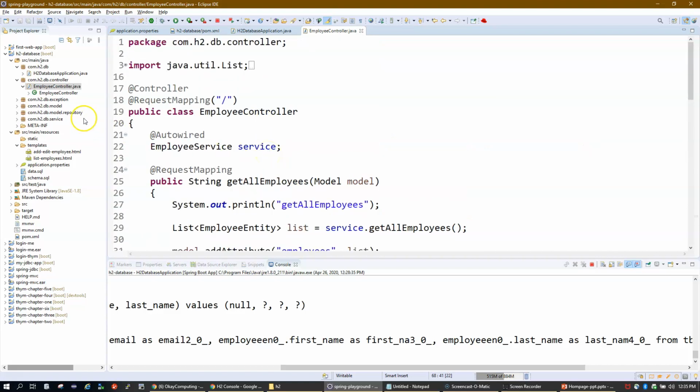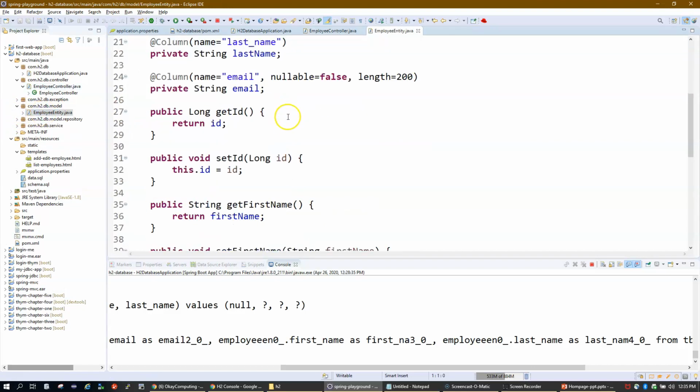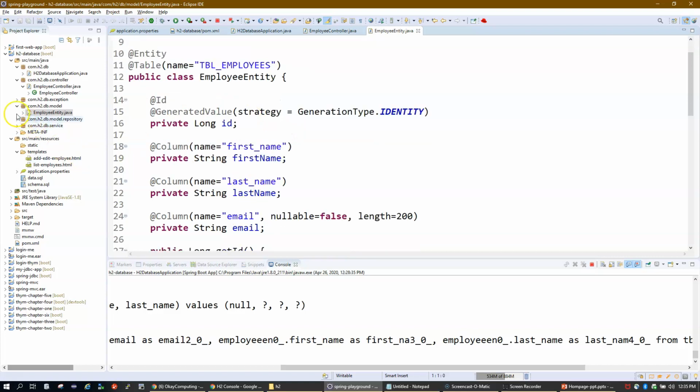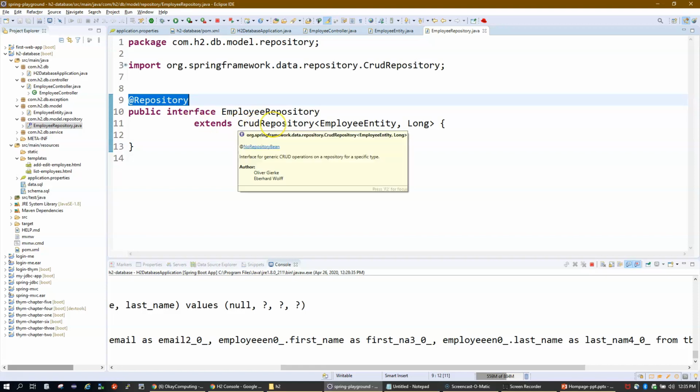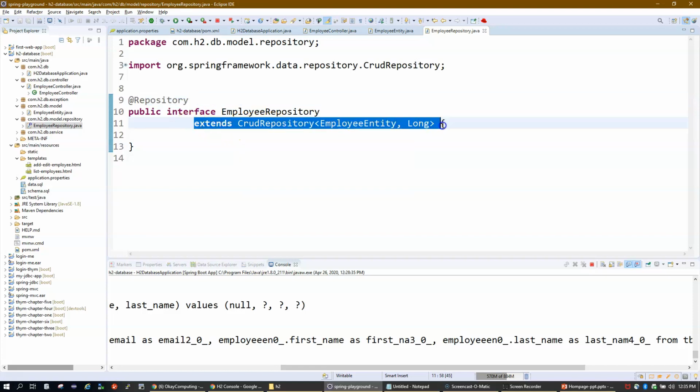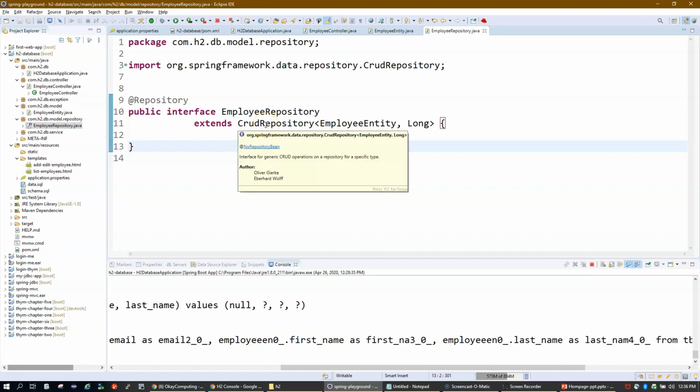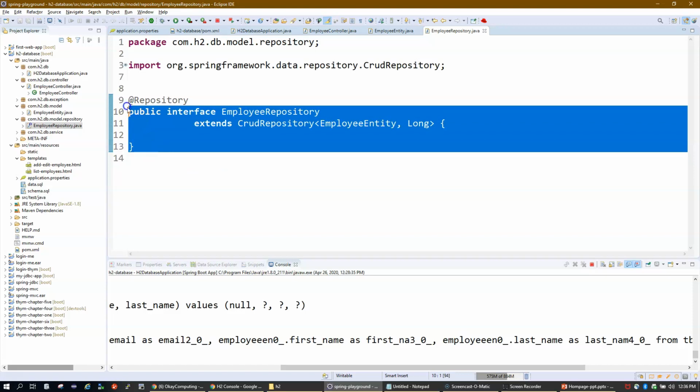Now if you see my project structure, we have a controller class, and we have a model, the employee entity, so these are my table column names. Then we have a repository class, which is the one that will be dealing with the database, and this repository is extending the CRUD repository. The good part of doing this is that you don't have to write your SQLs, because the CRUD repository provides different built-in methods like get all, update, select, and everything. So you don't have to write a lot more code in your application.